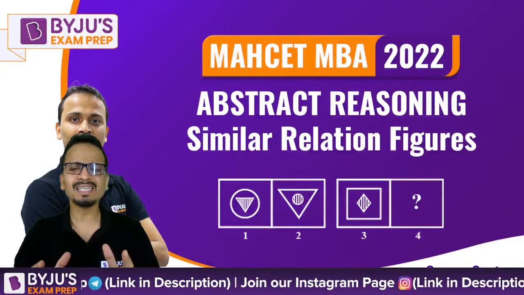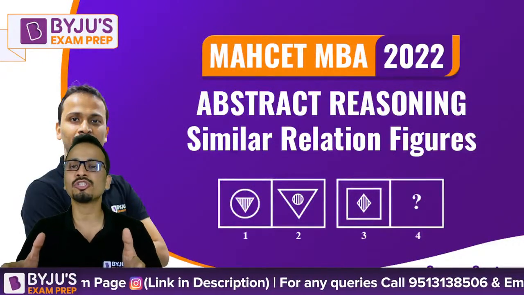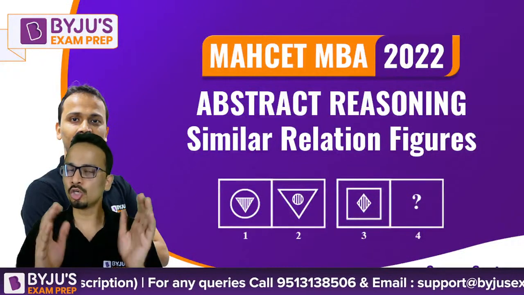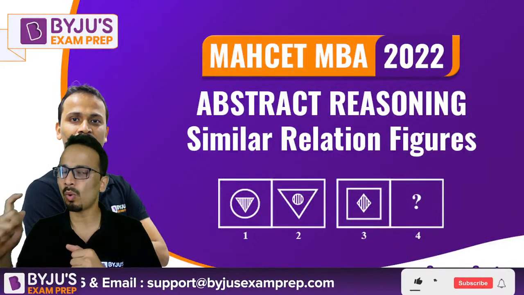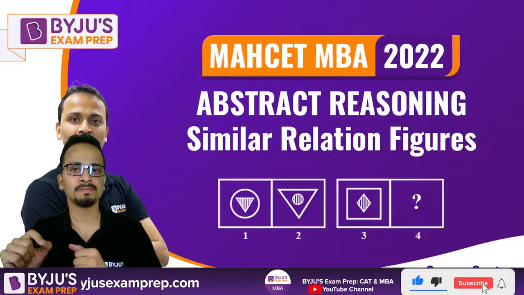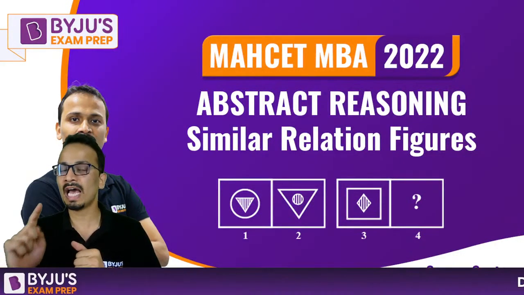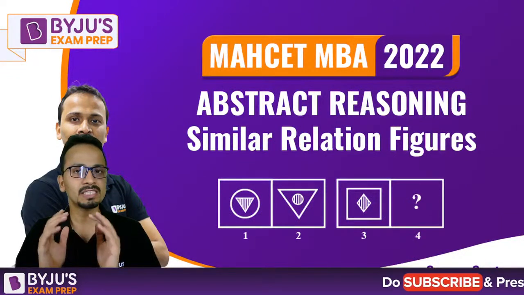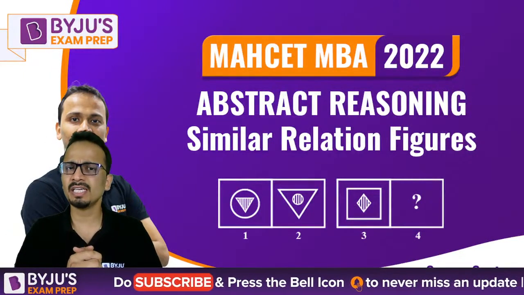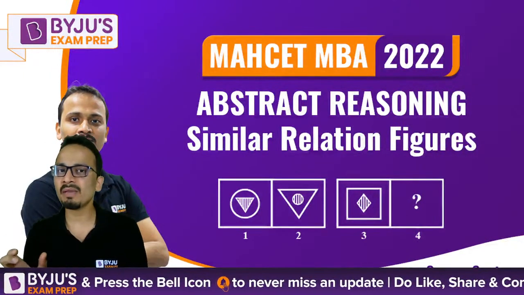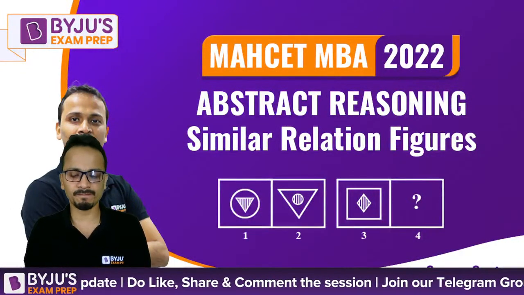Now, this basically is an analogy type of question. Generally in these questions, you will be given first of all two figures in which there will be certain relationship, and then there will be another one figure followed by a question mark, which will bear the same relationship as that of the first set. So you will have to replace the question mark and select one of the answer figures from the given options. That will replace the question mark definitely, and that will bear the same relationship with figure number 3 as the relationship is there in the first two figures.